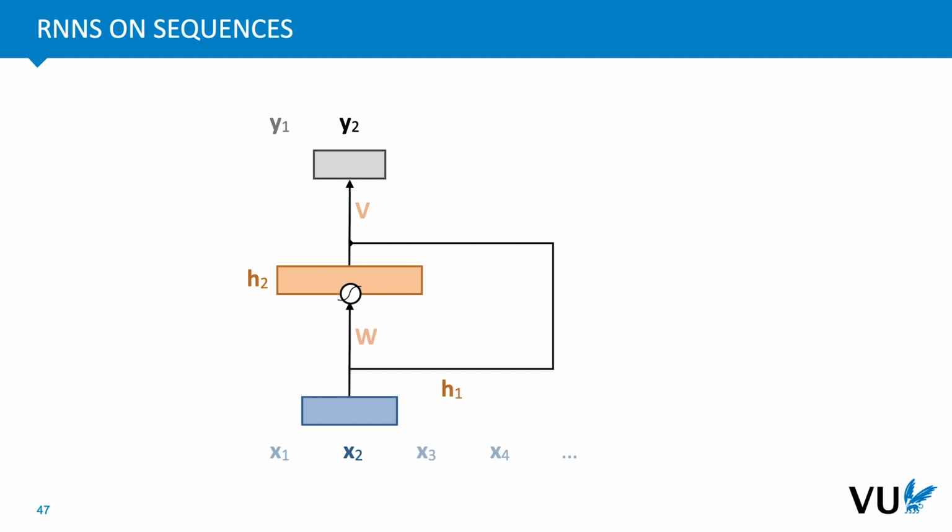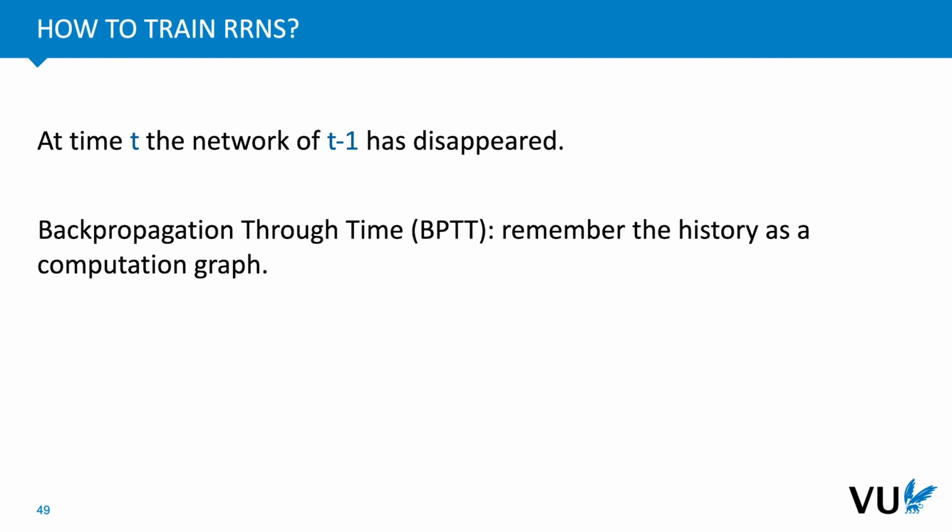So note that we are step by step building up our output sequence. And we continue in this fashion until our input sequence has been exhausted. So now the question is, how do we train these networks? Because it's very easy to compute the forward pass in this way, but at time t, the network of time t minus 1 has already disappeared. The trick, of course, is not to let it disappear, to keep it in memory and to perform what is